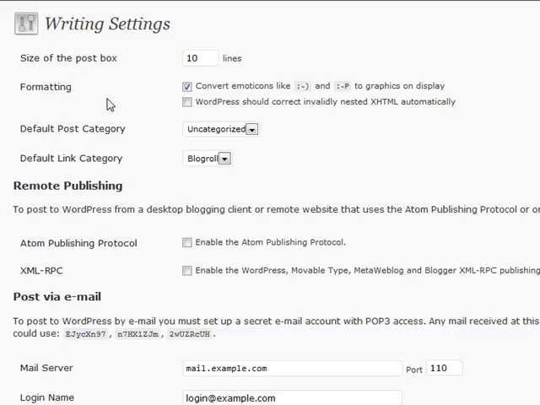So whenever you're posting a new post or page, and you have a lot of content that you want to do without toggling to the full screen, you want to be able to just adjust the size of the post box there. Formatting, if you want to convert emoticons to actual images instead of just the emoticons themselves, you